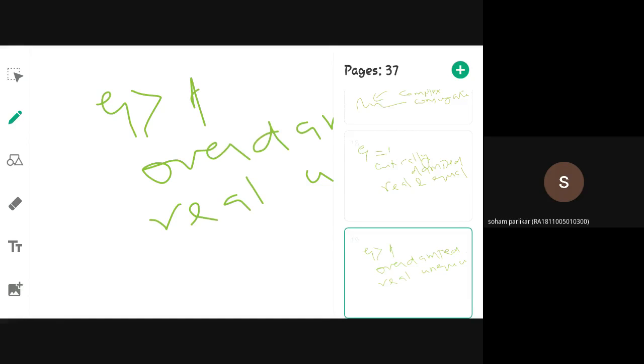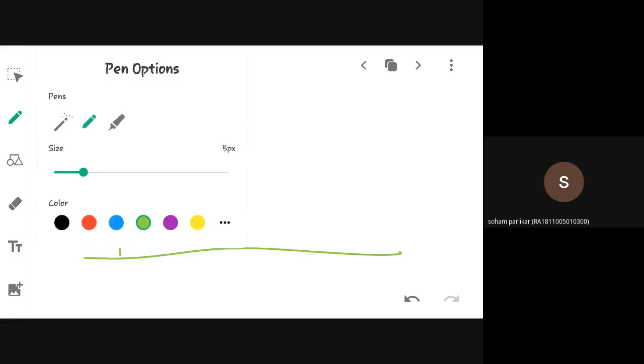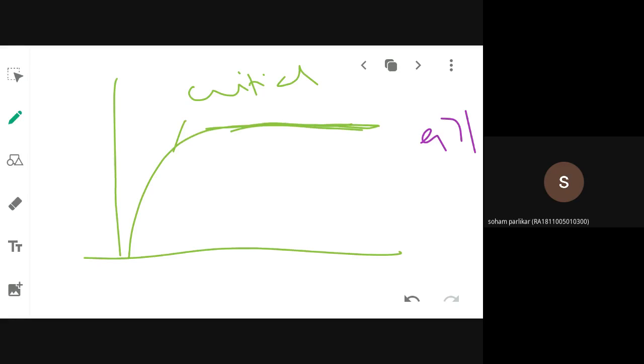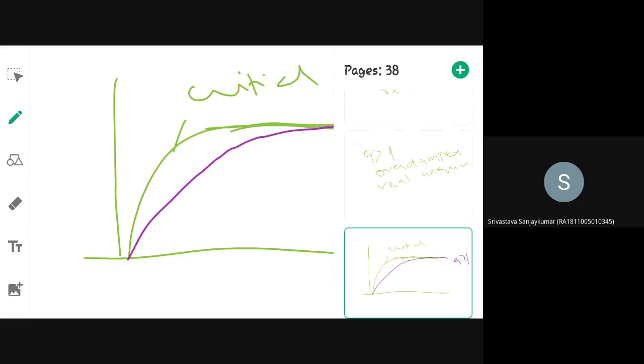Ma'am, can you show the representation of overdamped? Okay. Suppose if you want to represent critically damped, like this. It will just take enough time to settle to the final value. This is the final value. This is critical. Suppose the damping is over, zeta is greater than 1, it will take a long time to get settled to the same value. Understood now? Yes. Okay, the four cases are over.